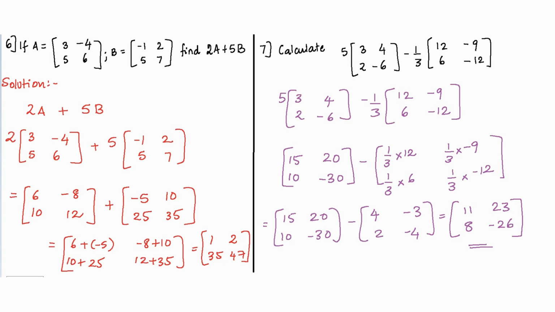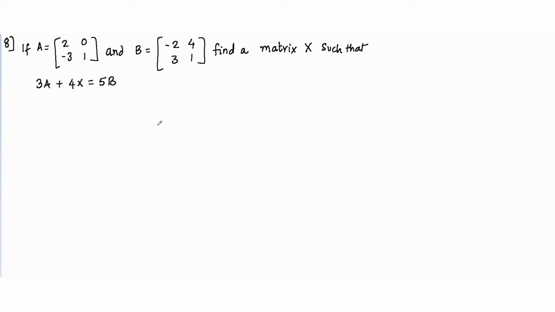Okay, moving on to the next one. Okay, consider the following question. If matrix A equals 2, 0, minus 3, 1 and matrix B equals minus 2, 4, 3, 1, find a matrix X such that 3A plus 4X is equal to 5B. So what comes to my mind now is,